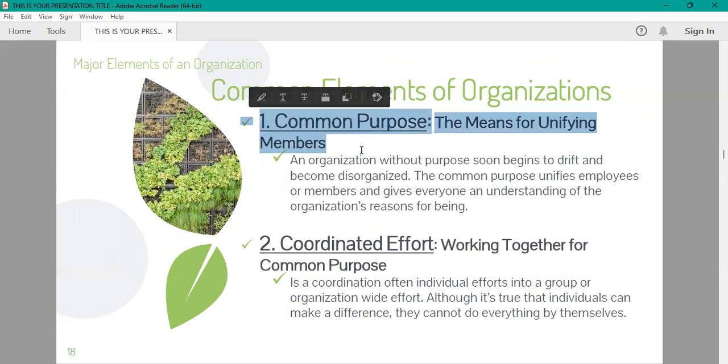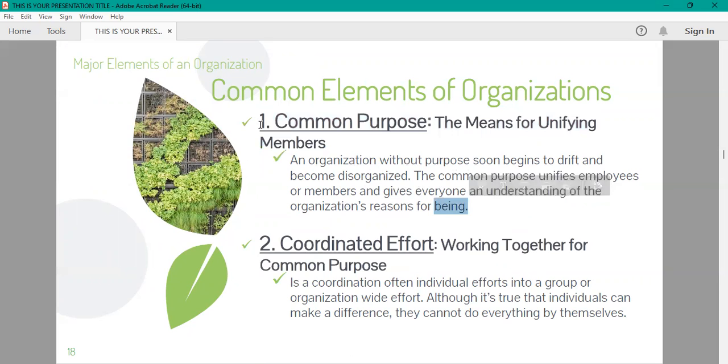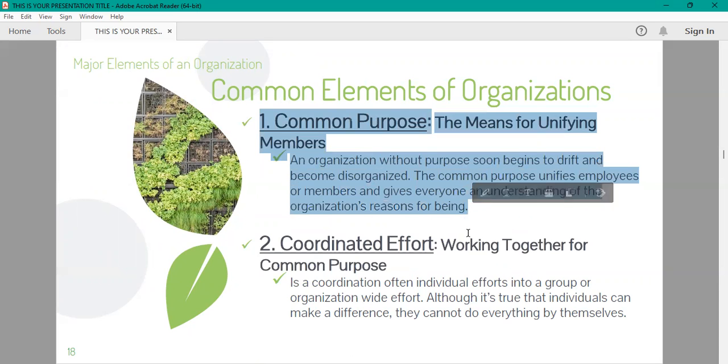So what is the common purpose in our organization? An organization without purpose soon begins to drift and become disorganized. The common purpose unifies employees or members and gives everyone an understanding of the organization's reason for being. Most of the time, the common purpose is our mission, our vision itself. It unifies our members. So when you are part of an organization, that means you have the same goal